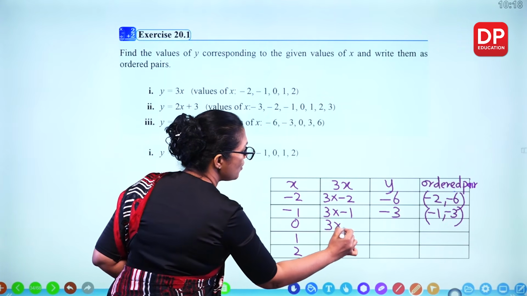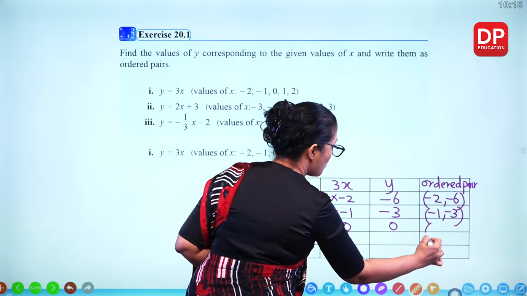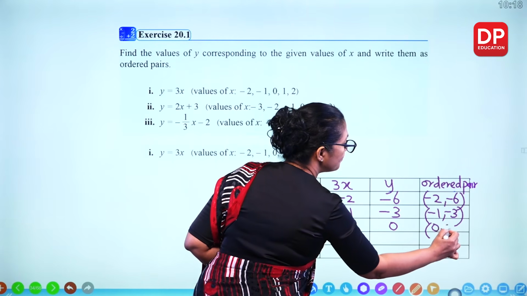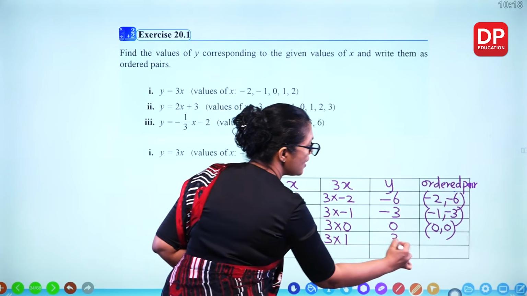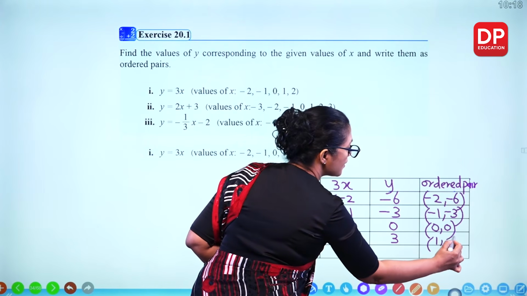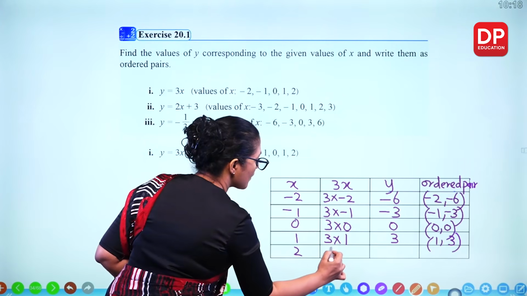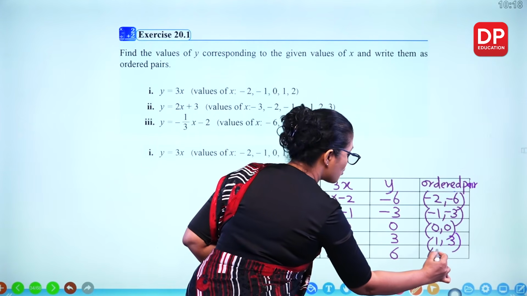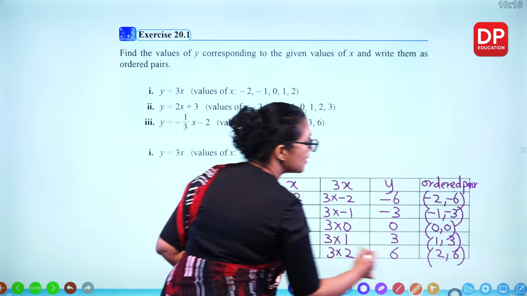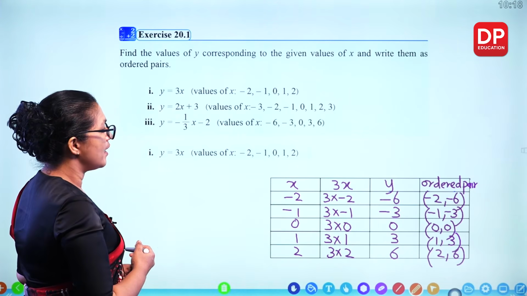Substitute 0, you get 0, 0, 0. Substitute 1 there, you get 3, 1, 3. 3 times 2 is 6, and you get 2, 6. So those are the ordered pairs of